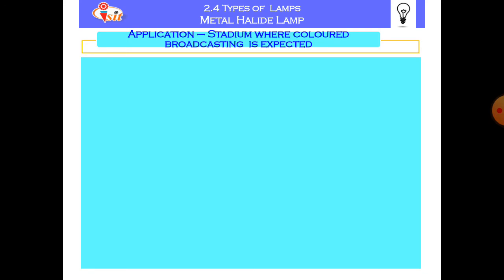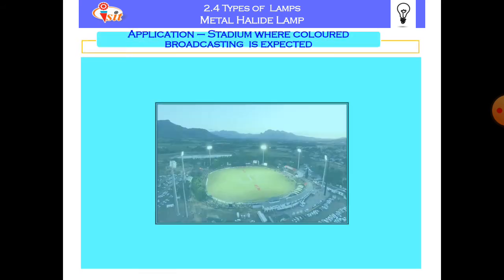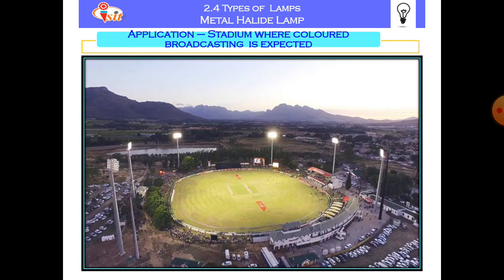The next application is the stadium, where color broadcasting is expected, where television transmission is expected.